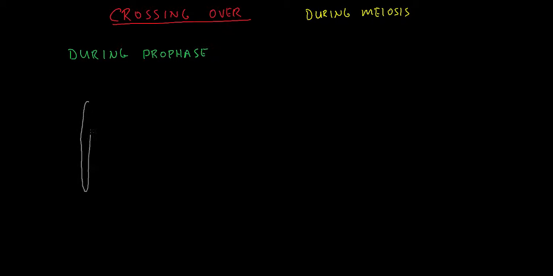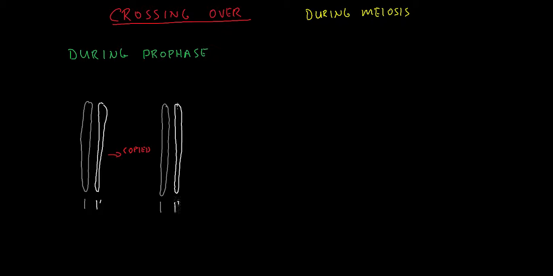Okay, let's look at the idea of crossing over. Crossing over is a crucial step that happens during meiosis, and it happens during prophase of meiosis. Early in the process of meiosis, your chromosomes get doubled and they get matched up with their sister